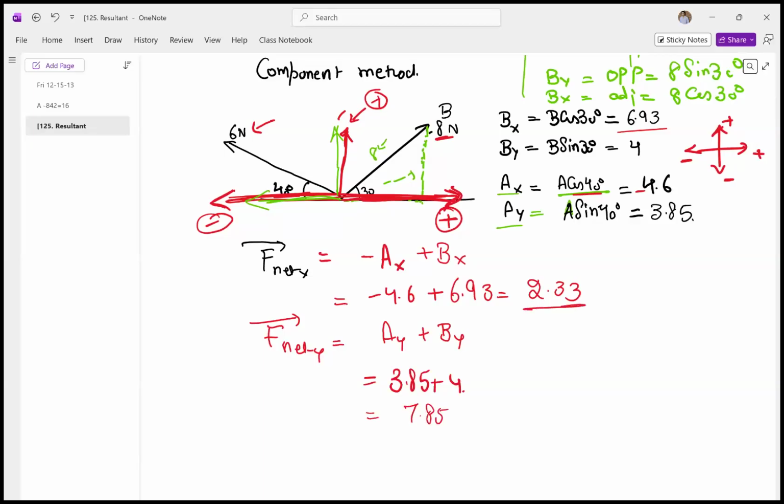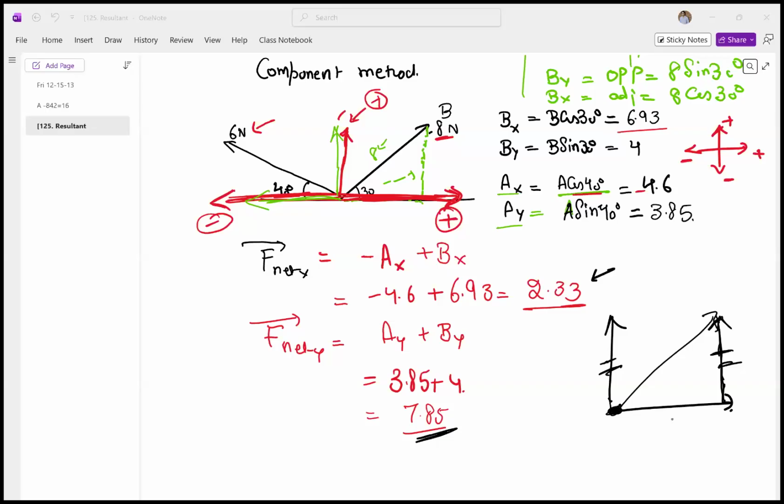Now we have both the values. Now we'll draw the components again. This is a positive number, so I'm going to keep it to the right hand side. This is also a positive number, so I'm going to draw it in the upward direction. And this is not the resultant. Please don't start drawing the resultant like this. The resultant will be outwards from the original point, or the origin point, shall I say. And this vector I can replace here because opposite sides of a rectangle are equal. So this side is equal to this side. All right, so the y is 7.85,